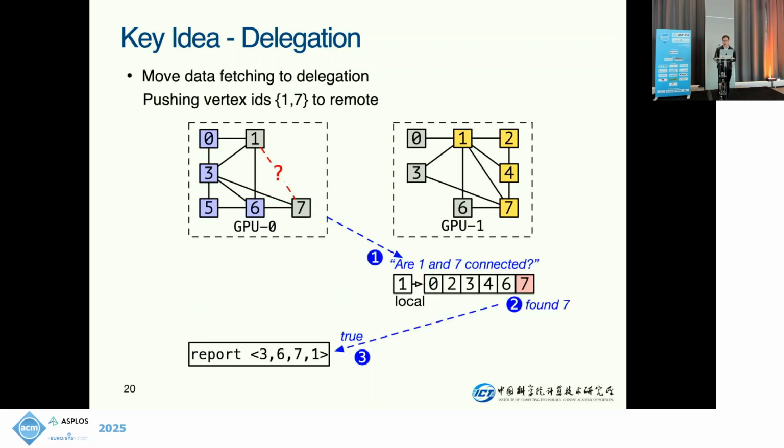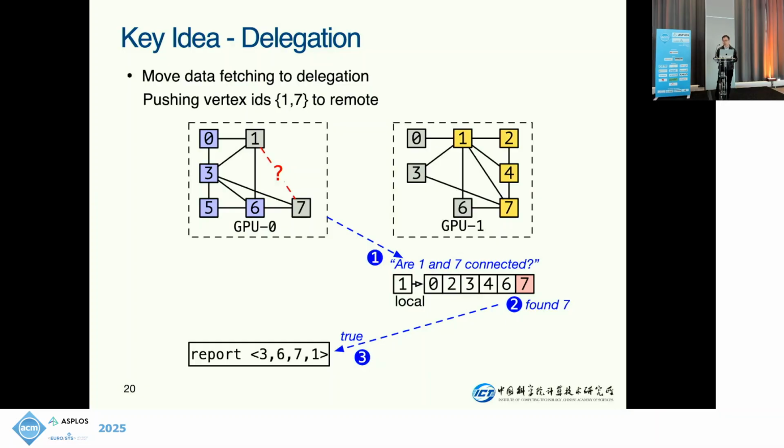So why not send vertex 1 and 7 to the GPU where the graph data resides, that is GPU 1. In this way, we can delegate the subgraph task to the corresponding GPU so that it can perform set operations locally. Since the task meta information is much smaller than the neighbor list, this approach can significantly reduce the